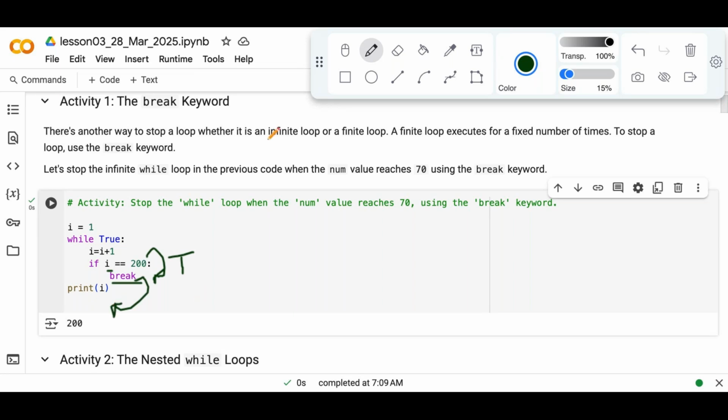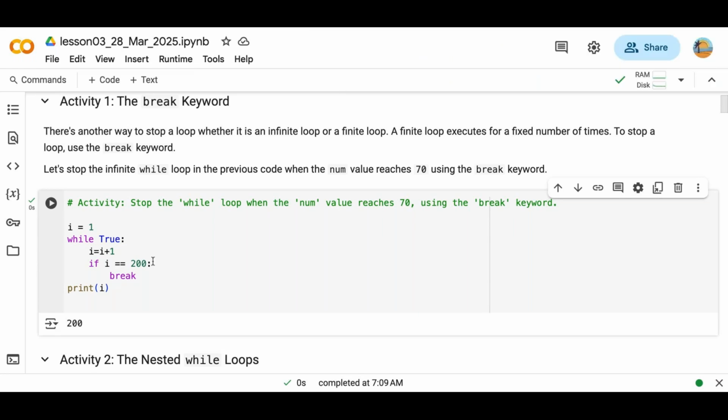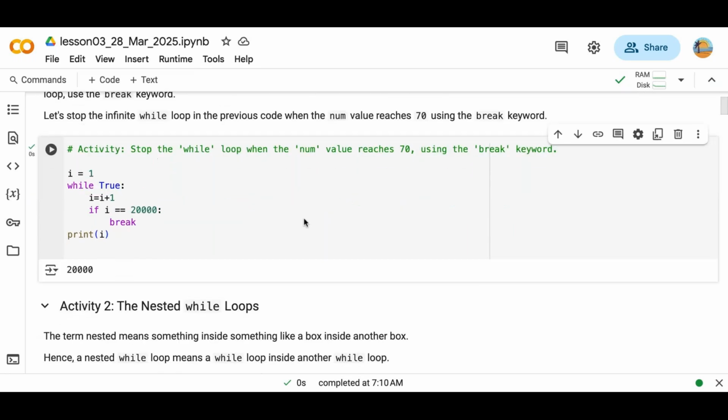So, any questions here? Like, you give 20,000, then it runs till 20,000, see, then it breaks at 20,000. So this is a simple break keyword, and yeah, it will break infinite while loops and even with the finite